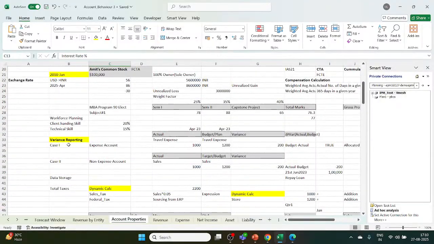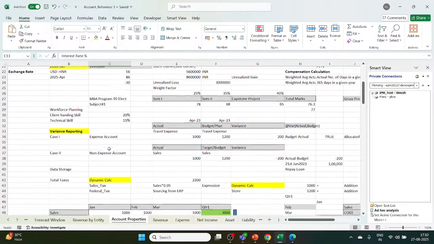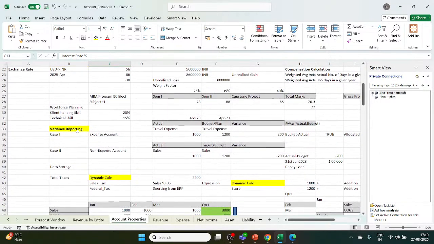Yeah, this is our variance reporting. So we can see here, in the variance we can see the expense and non-expense. So what is actually the expense and non-expense? We can differentiate this thing on the basis of